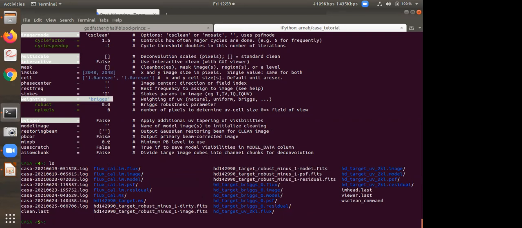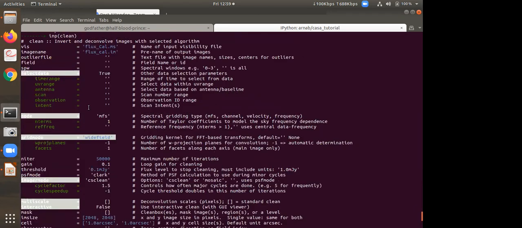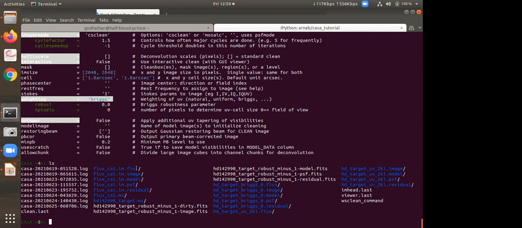When the clean is completed, it will give you several images, right? With different extensions. So flux scale IM, that is the initials I have provided here as the image name, and it will give me different images with this same initial: the flux scale IM dot flux, dot image, dot model, dot psf, dot residual. You can open every image in the viewer. I will show you here, and you can check what each image gives you.